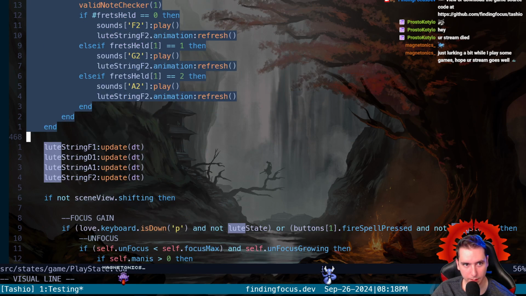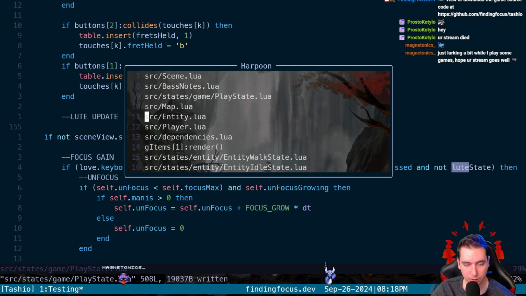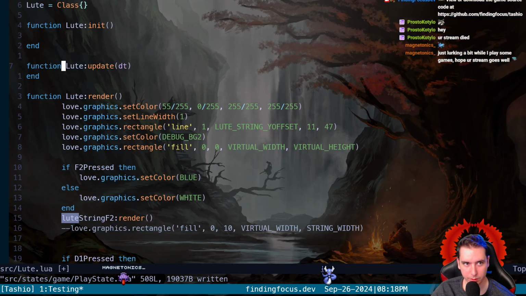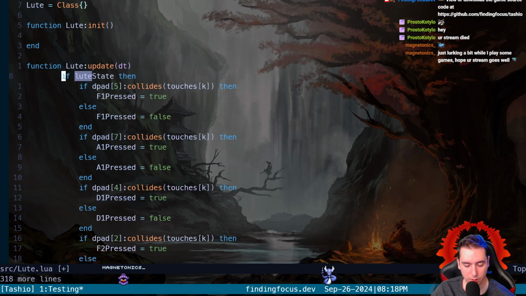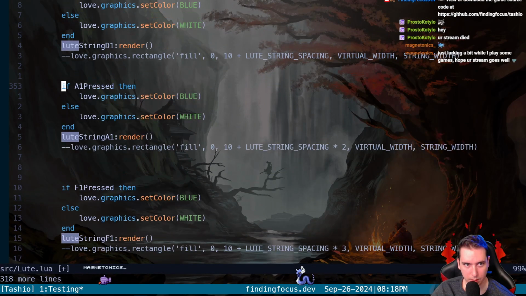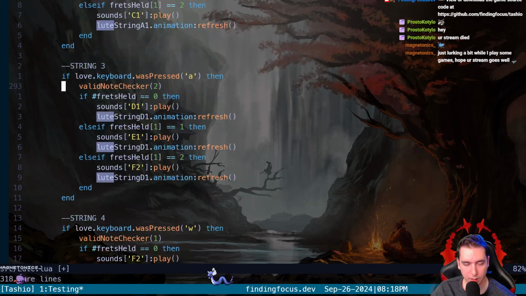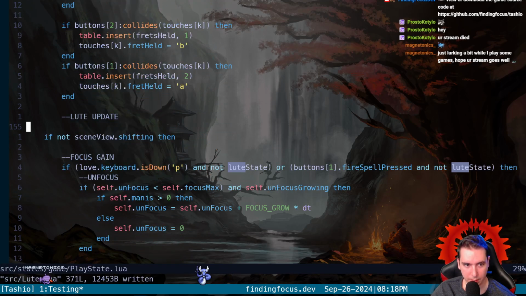Okay, right there. Delete all that. Pull this into the update function for our loot. Okay. We've got our render function there. So there's our update and render.